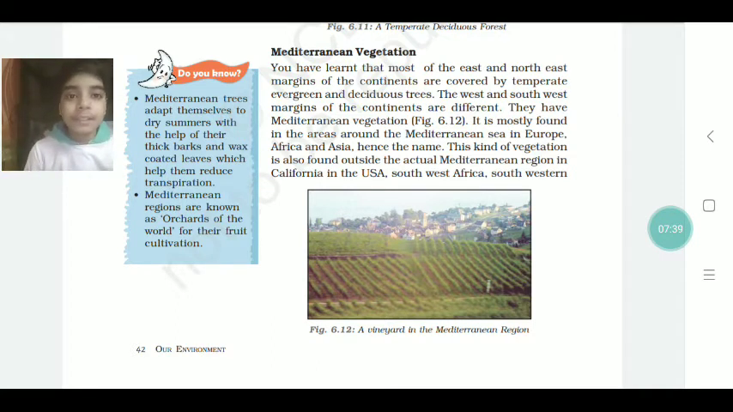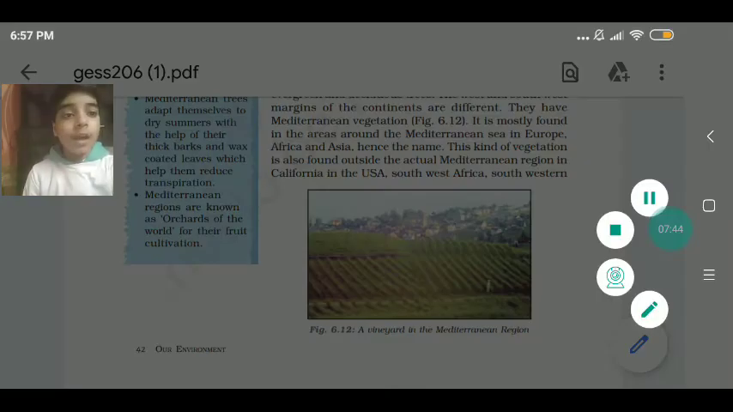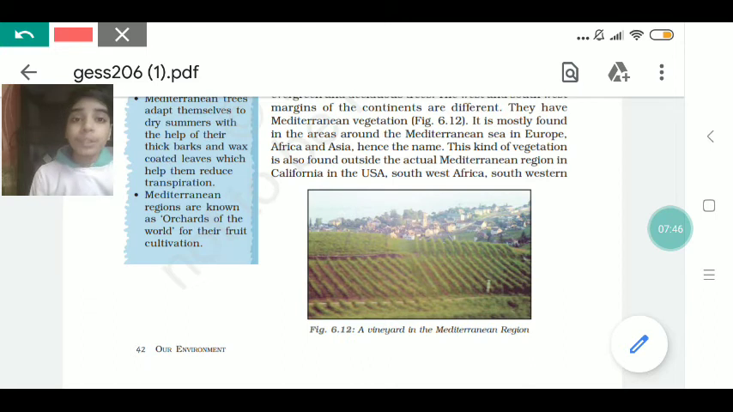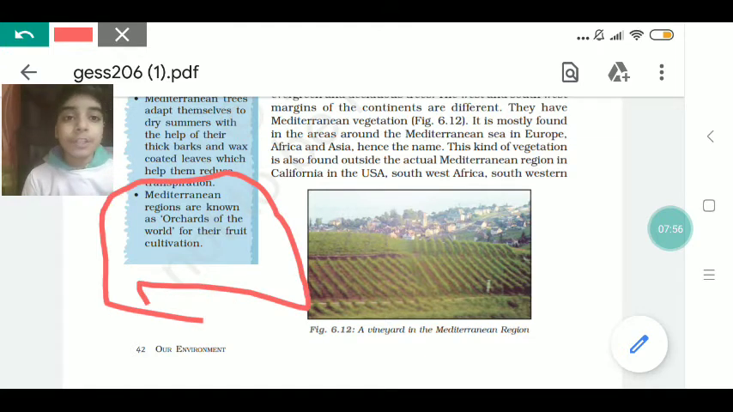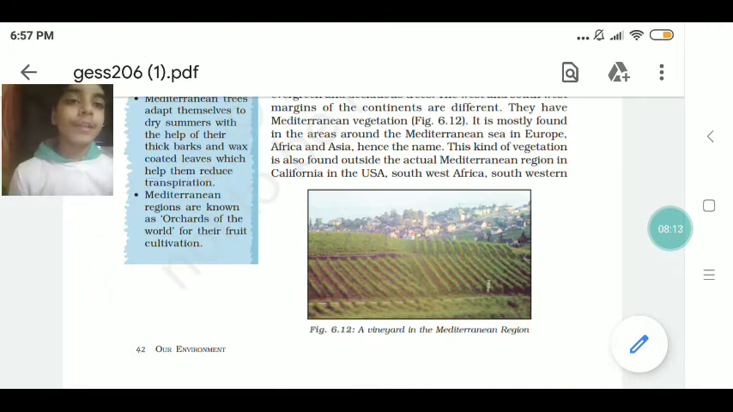The second fact is Mediterranean region is called the orchard of the world because there is fruit cultivation here. Which fruits? Oranges, figs, and grapes. So you have to remember this fact. Mediterranean region is also known as orchards of the world. What are orchards? Orchards are like lemon, oranges, and figs, etc. These come in the category of orchards. Okay. So now let's move forward